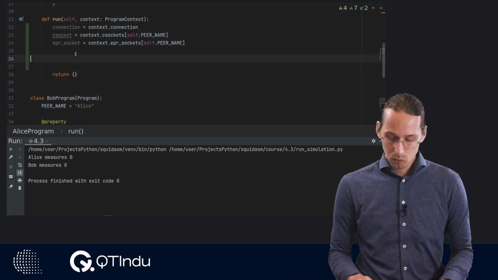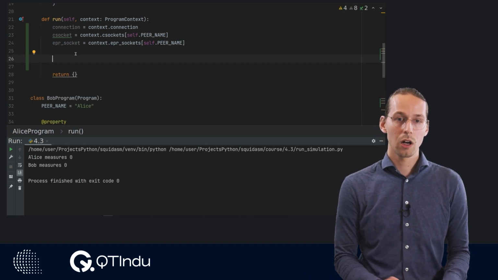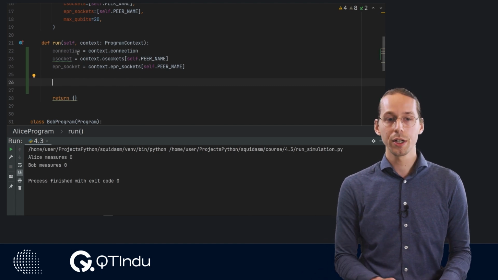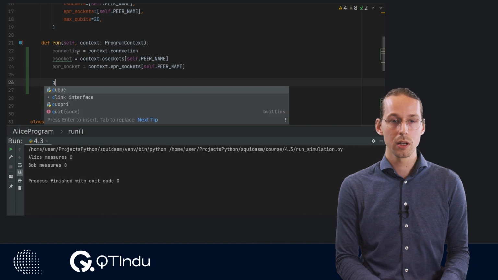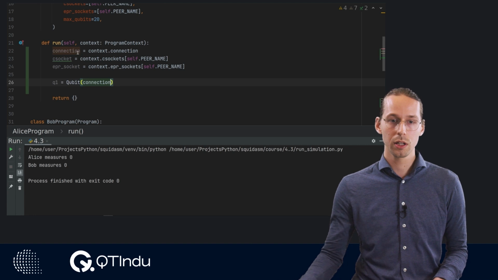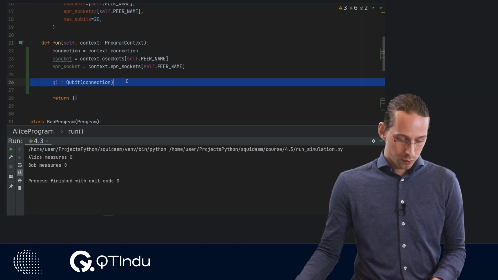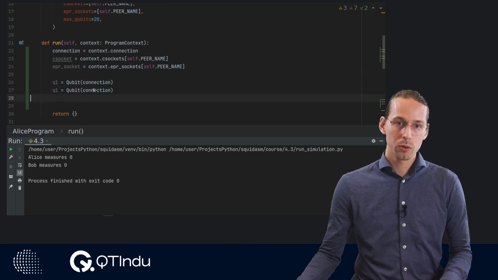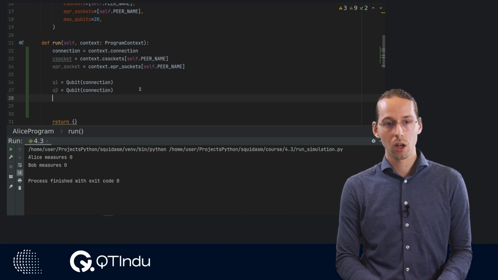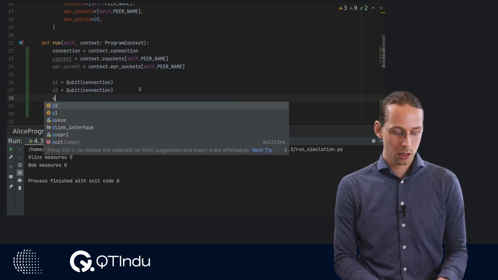Now, next up, we might want to generate local qubits in order to do some operations where we don't have a qubit that's entangled with another node. For that, we need to use the qubit object, and then we give that a connection. For this example, I'll be using 2 qubits, and I'll apply some gates to the qubits.